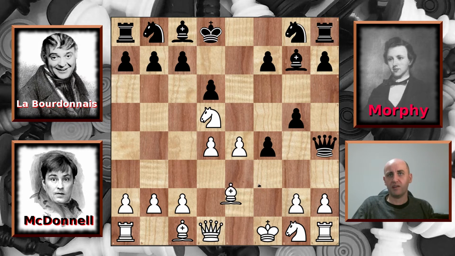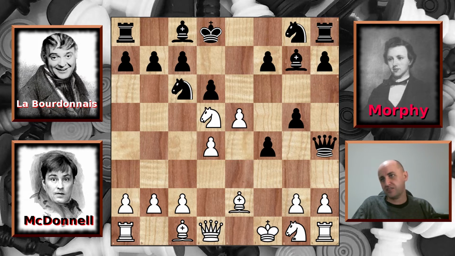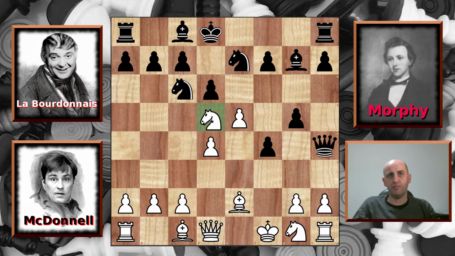Okay, so what was better? Well, we still think that knight to f3 was better. Okay, so McDonnell played bishop to e2 back. We have knight to c6 from Labourdonnais, and now e5. Again, the engine says that knight to f3 was better, but okay, e5. Knight on g to e7, which attacks the central white knight, and instead of capturing here, McDonnell just retreats it